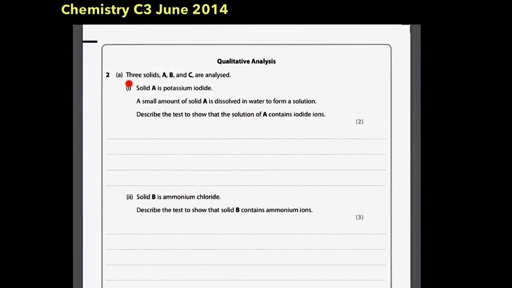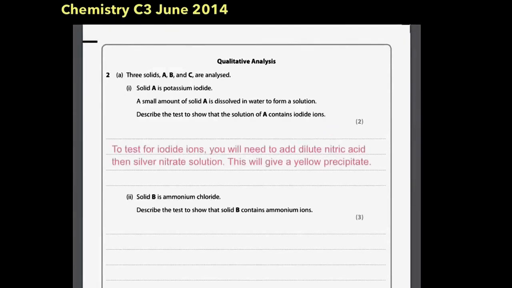So now moving on to question 2. It says the 3 solids A, B, and C are analysed. Solid A is potassium iodide, and a small amount of solid A is dissolved in water to form a solution. Describe a test that would show solution A contains iodide ions. So this means you need to really revise for this question, because if you haven't, you wouldn't know what to put. So for this question, you would need to say, to test for iodide ions, you'll need to use